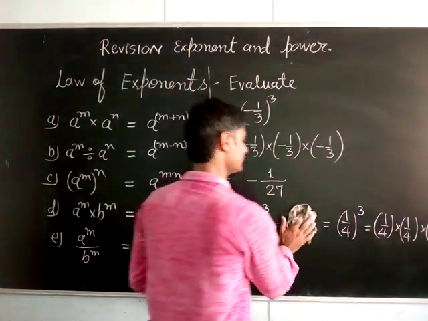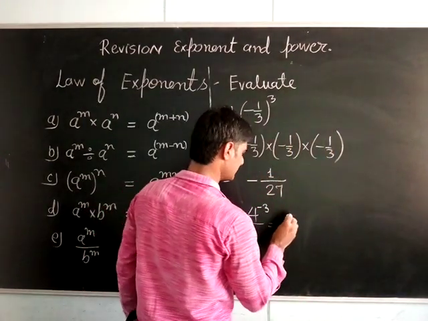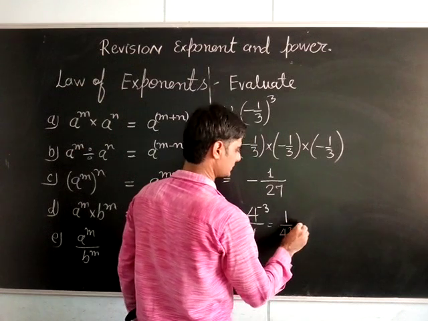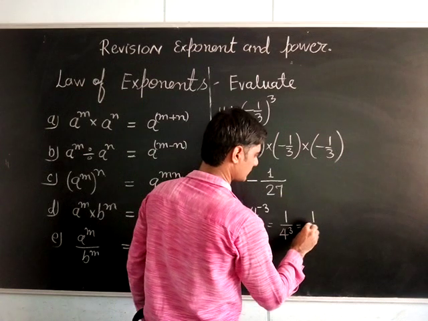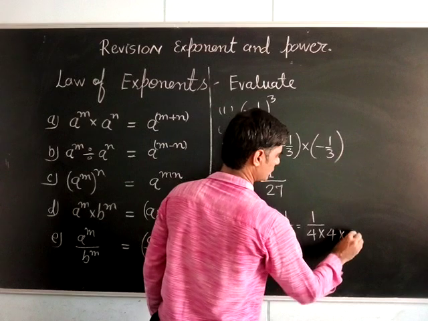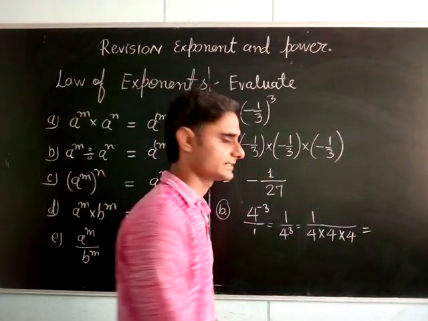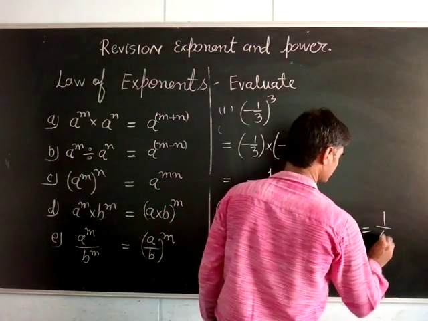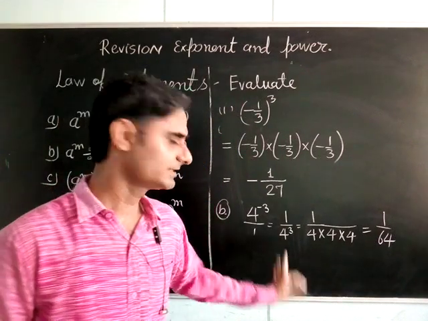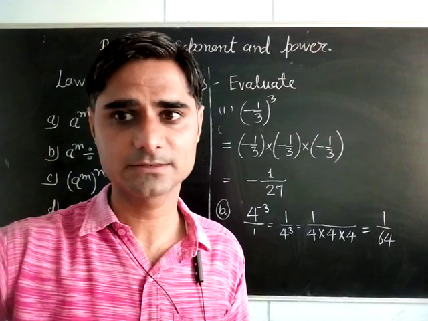It is not visible. Okay. Let's write once again. This will be equal to 1 upon 4 power 3, positive. So can we write here 1 upon 4 power 3, 3 times, 4 multiplied by 4 multiplied by 4. How much is it? 4 4s are 16, 16 4s are 64. This will be equal to 1 upon 64. Correct? Easy? This is the way to solve. So can you solve the others also now by the same method?